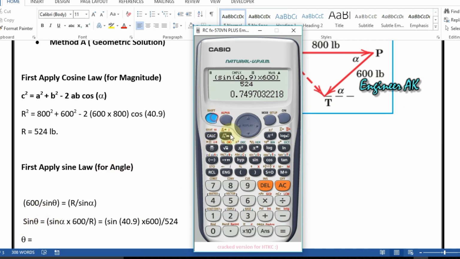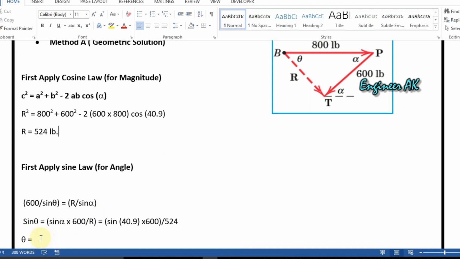Taking this value, it gives me 48.5, or if I round it off, it gives me 49 degree, right? So the angle is 49 degree. So that's one way you can find the resultant and its angle. Now let's move toward the second method,